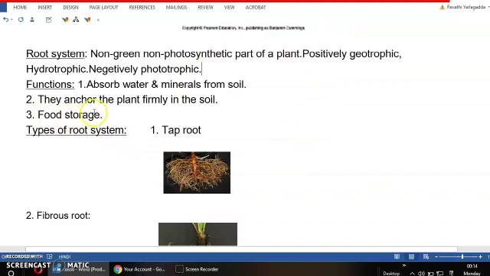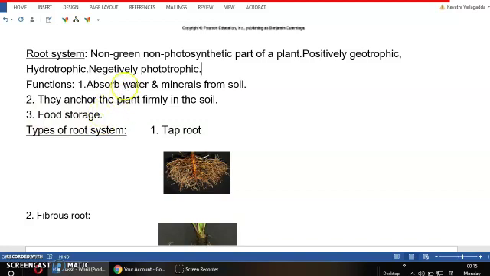Some roots help in the storage of food which we eat commonly, like that we will see in the next part of this lesson. Some roots like radish, carrot, beetroot, all these are vegetables that we eat. Actually, we are eating the roots which are storing food. So some roots store food in them which can be edible.